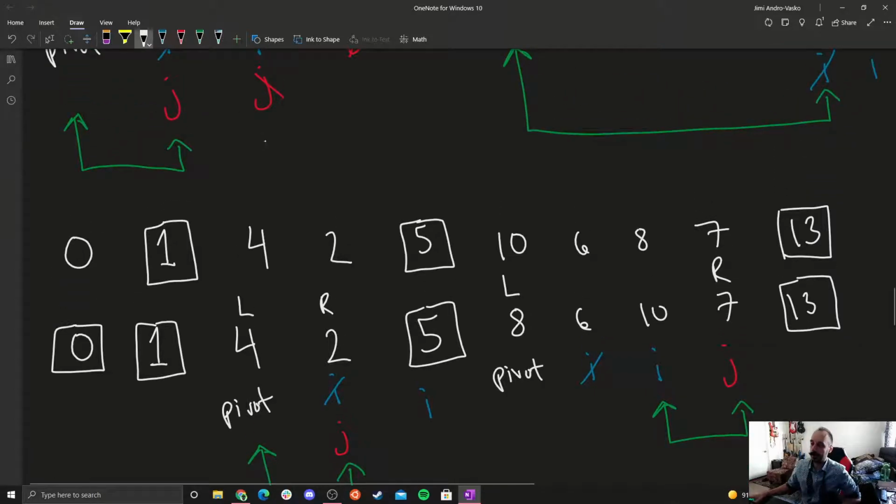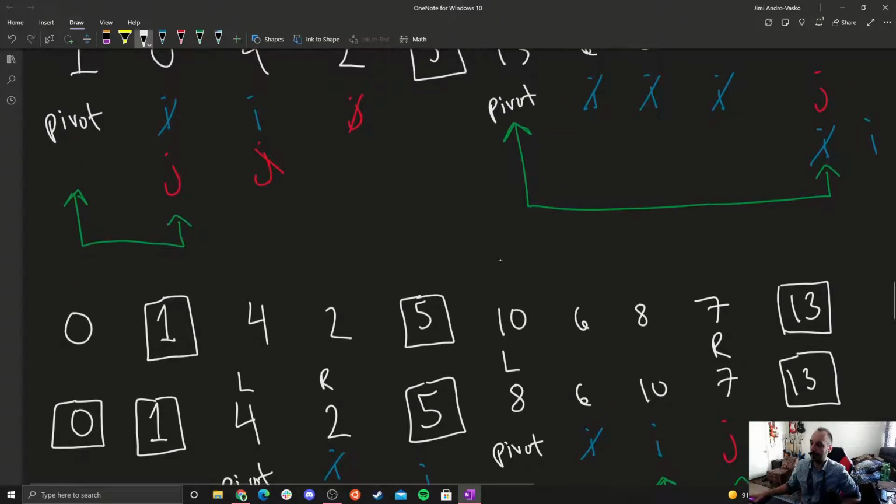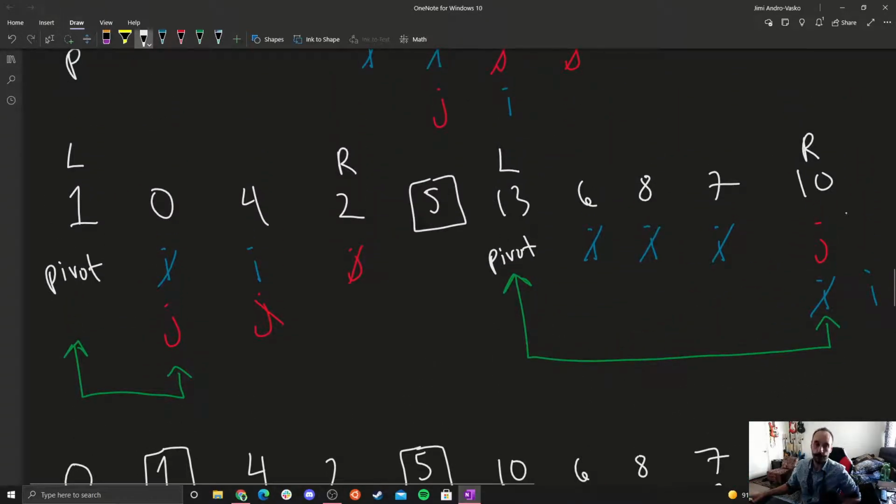So in this worst case scenario, let's say we wanted to partition this list right there: 13, 6, 8, 7, and 10. In the worst case, j remained fixed and i moved all the way to j. So we have 1, 2, 3, 4, 5 elements. It would take roughly 5 steps to partition. So when we have this really bad case scenario, if the list size is n, it will take O of